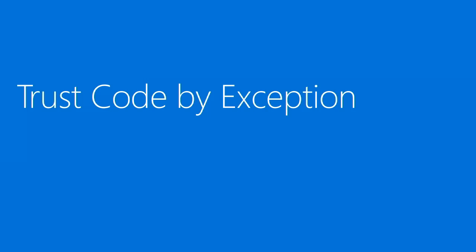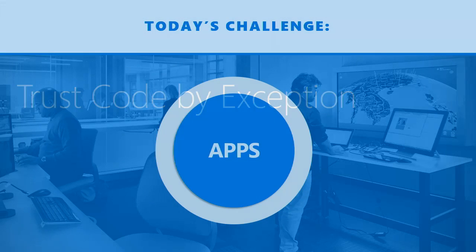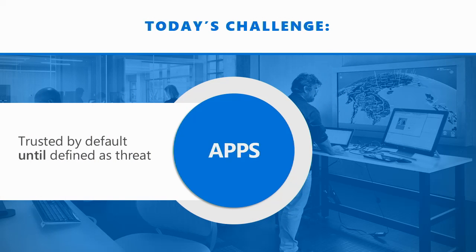The other pivot is moving towards trusting code by exception, right? And we kind of went over this already. Before, we trusted everything until we saw it was a threat. This is the traditional antivirus model. Interestingly, that model is really tough to follow through to its logical conclusion for all kinds of reasons, right? I mean, how many of you would say that antivirus is enough to protect you against today's threats? Right? It really isn't. When you start looking at the numbers,